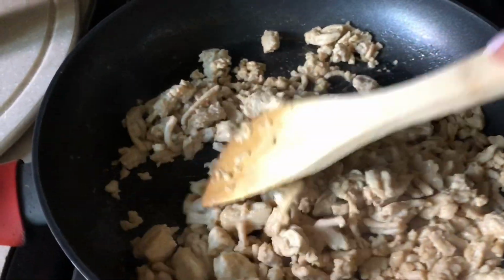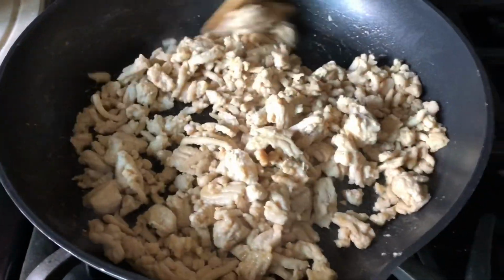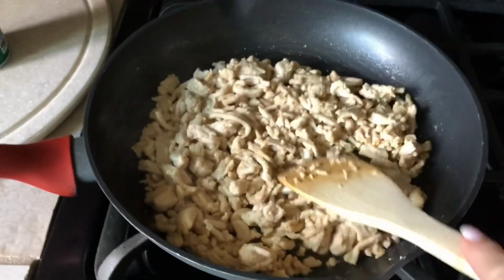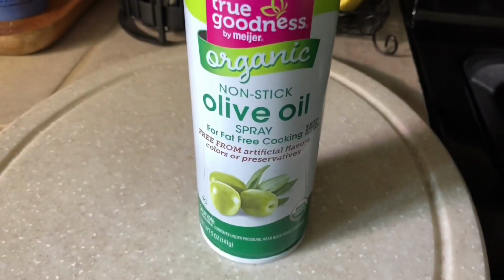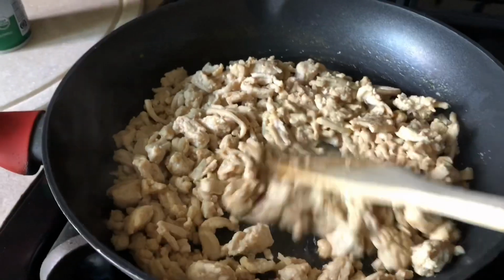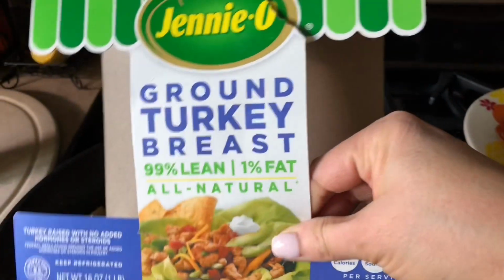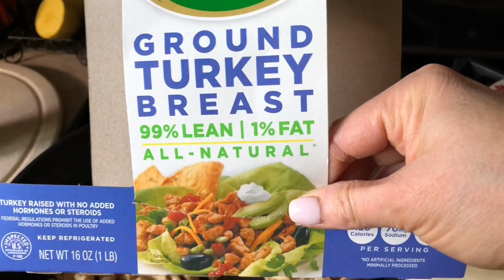I am just starting dinner, and what I'm making is bacon cheeseburger wraps. So I'm going to walk you through this recipe. I took a non-stick skillet and sprayed it with some olive oil cooking spray, and then I put in my ground turkey. I am using the Jennie-O ground turkey breast, and it's 99% lean, 1% fat, so this